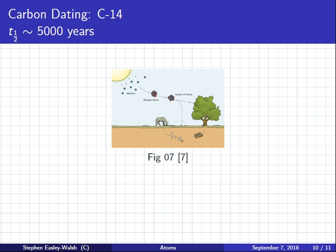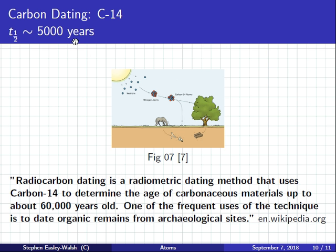Has anybody ever heard of this before? Called carbon dating. You've heard of this before? Yeah. It's how they can date old books and artifacts and things like this. So it's a dating method that uses carbon-14 to determine the age of